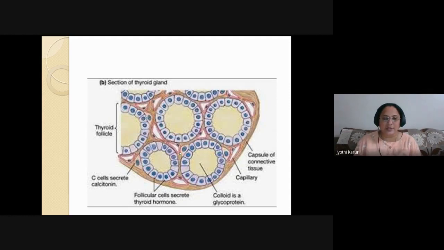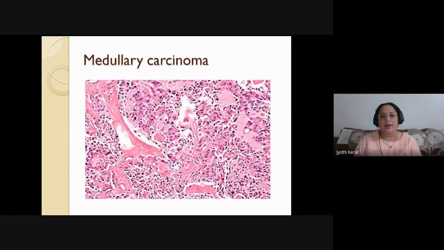There are many substances which cause hypercalcemia, whereas there is only one substance which causes hypocalcemia, that is calcitonin. Okay, secreted by parafollicular cells of thyroid. It is from that cell there is medullary carcinoma of thyroid. If you see the normal histology, these are the C cells, that is parafollicular, adjacent to the follicular cells. So these secrete calcitonin. So that becomes the tumor marker for this particular carcinoma.